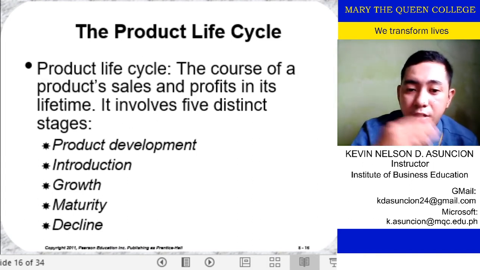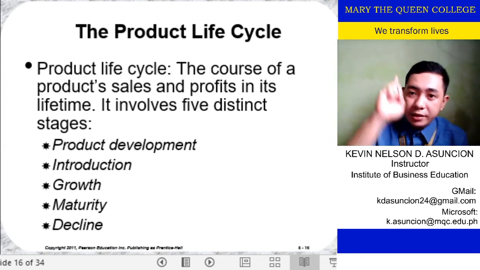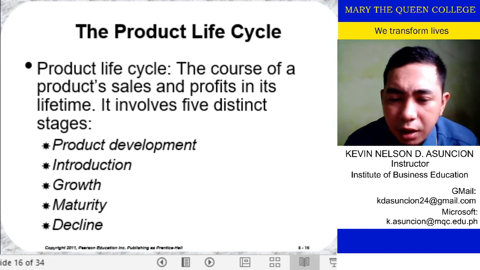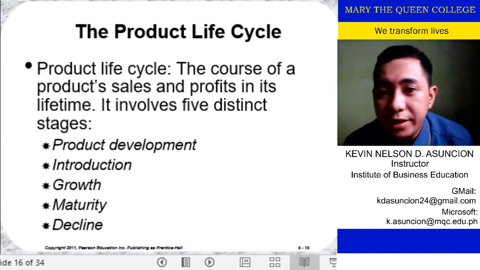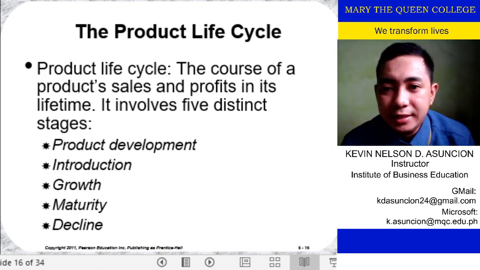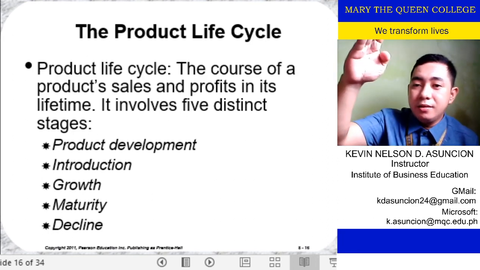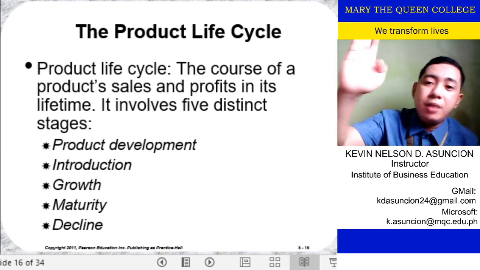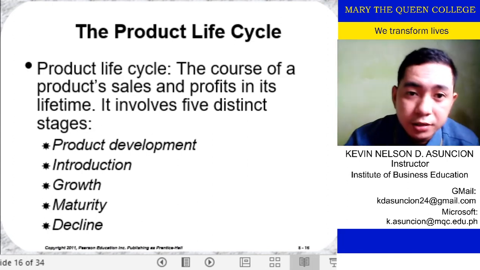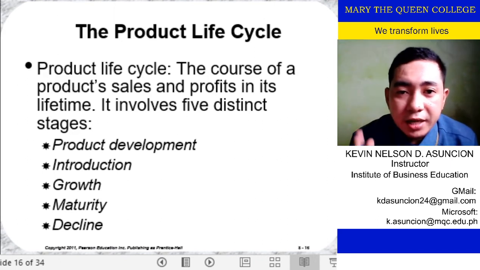And of course, your idea of marketing is to get up there at the top. But the challenge is, how can you maintain that you're always at the top? That's the significant stress. In fact, they say it's easy to climb, but staying at the top is hard. It depends on the market. So let's discuss the product life cycle. The product life cycle is the course of a product's sales and profit over its lifetime.